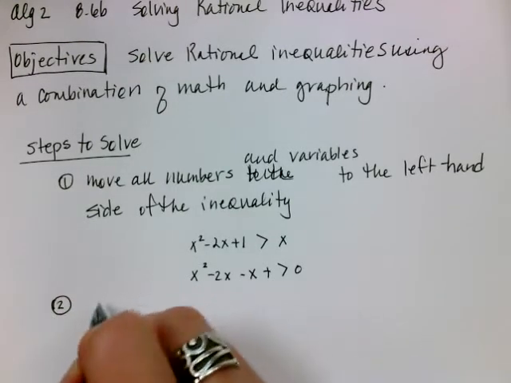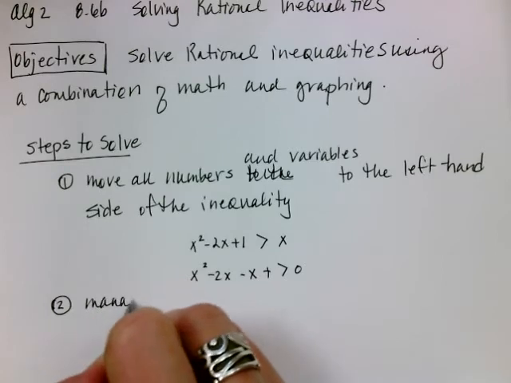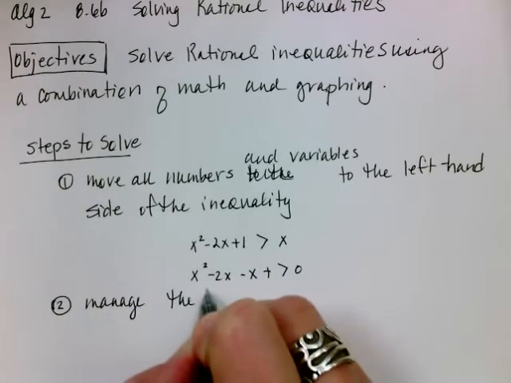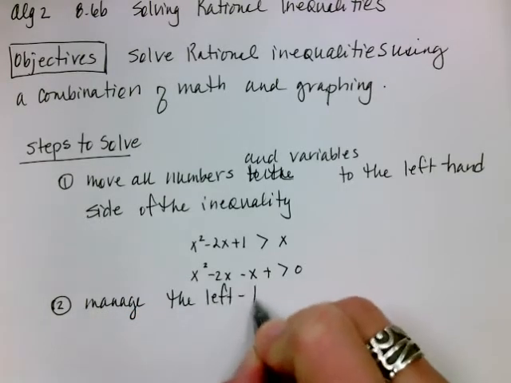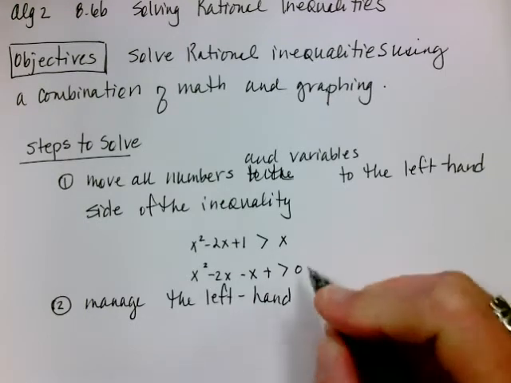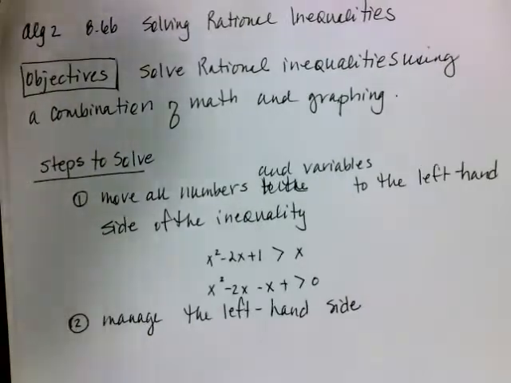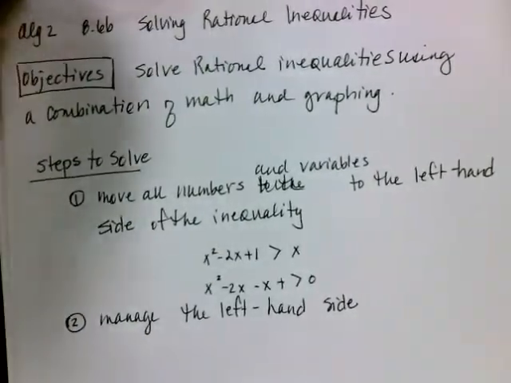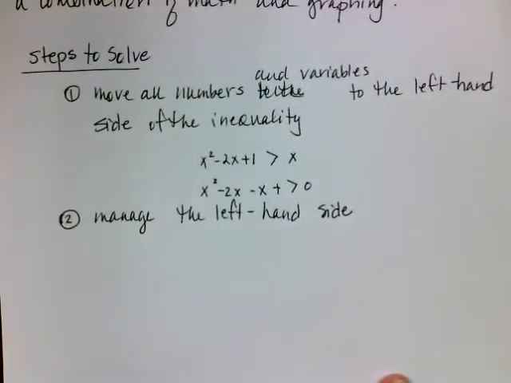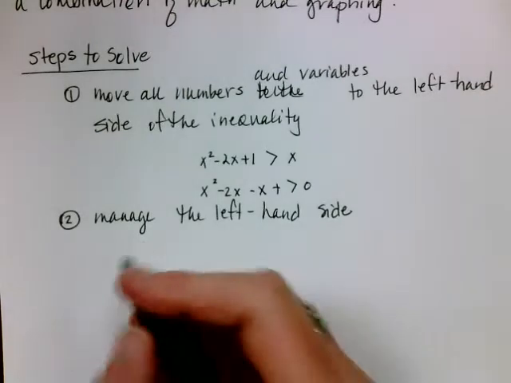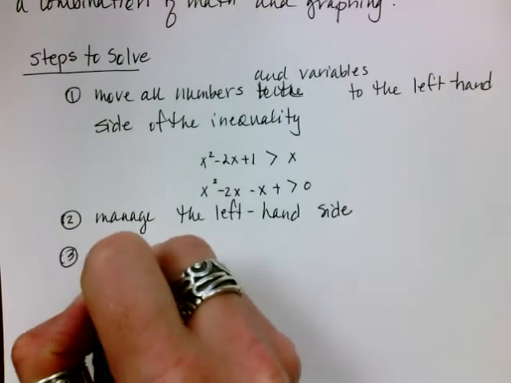All right, the second step is that we're going to manage the left-hand side. So that might mean putting our rational expressions together, finding the lowest common denominator. All of those things would be steps that you would potentially need to take. Number 3, we're going to find